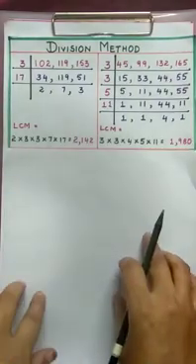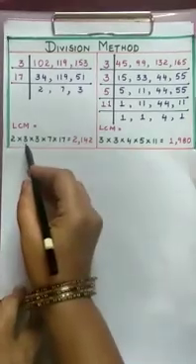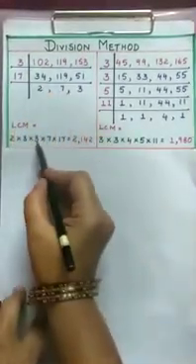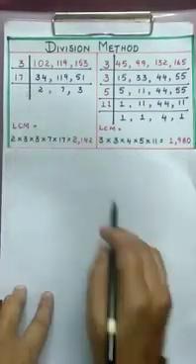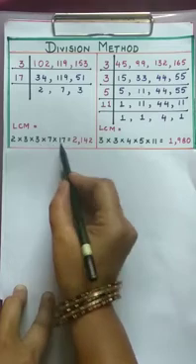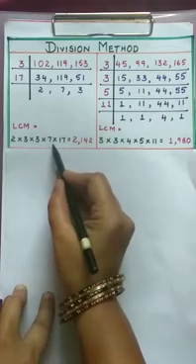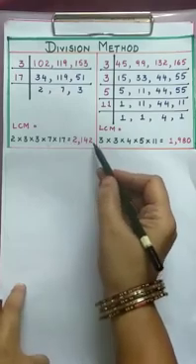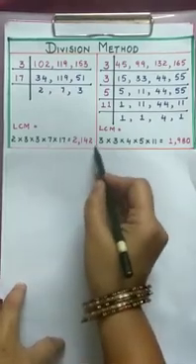Now see here. When you are writing, write in order: 1 2, 2 3's, 1 7 and 1 17. 2 3's are 6. 6 3's are 18. 18 7's are 126. 126 17's are 2142. So 2142 is the LCM of these three numbers.